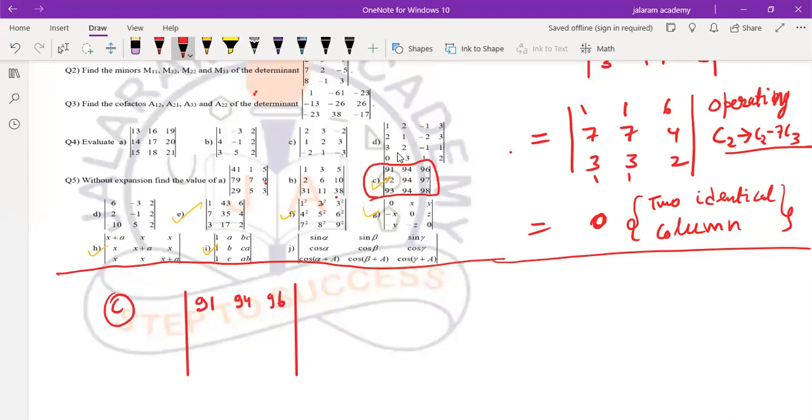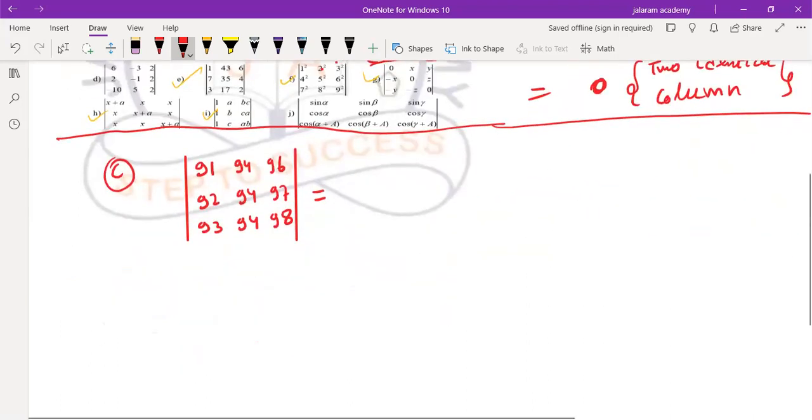Second row 92, 94, 97. Third row 93, 94, 98. Remember, whenever you write the first row, you must have an idea